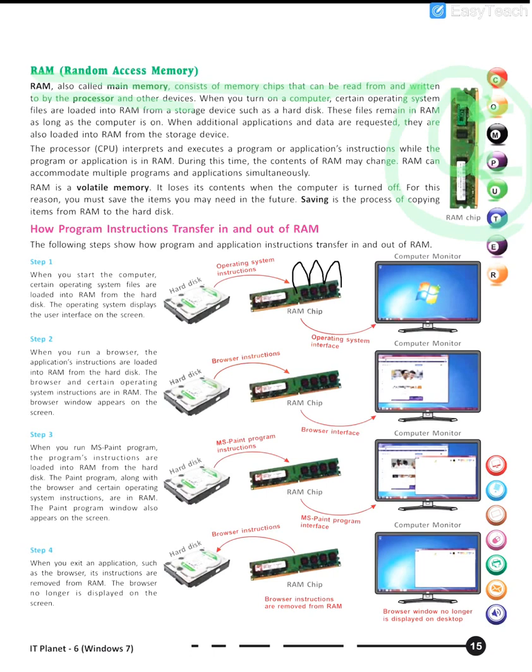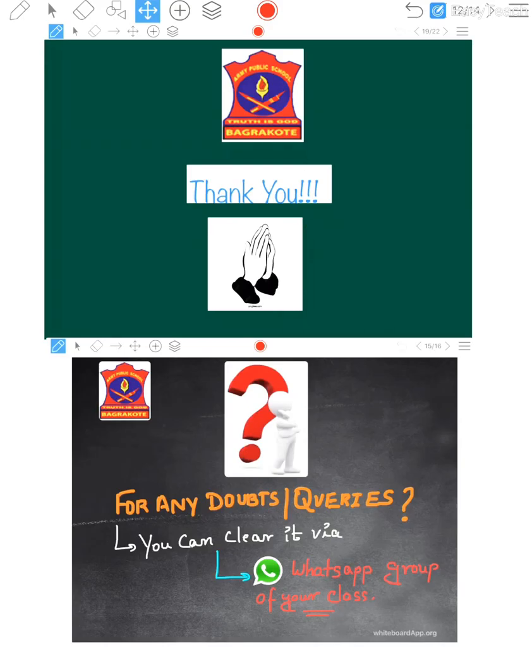But this kind of memory has got some shortcomings. What is that? It is volatile in nature. That means if you turn off the computer, it will not save the data. The only way it can save the data is by the save button. Okay, that is why the save button is so important for you all.